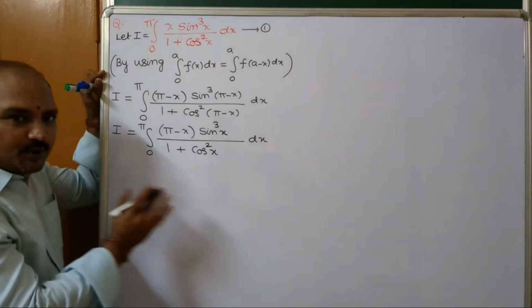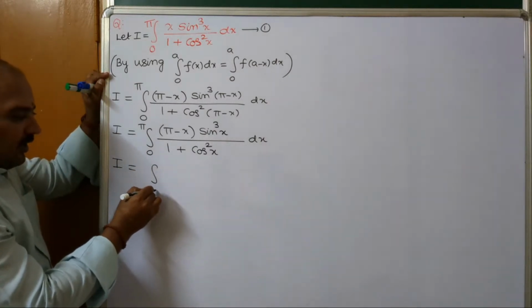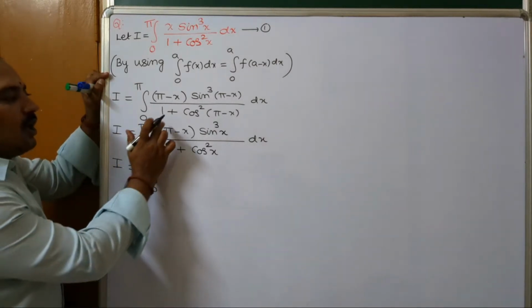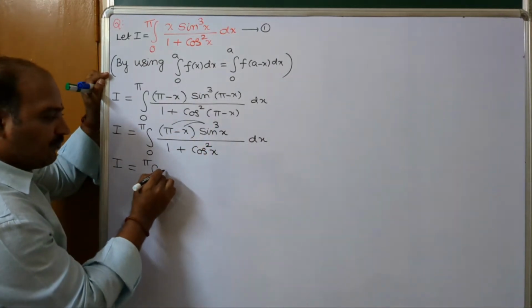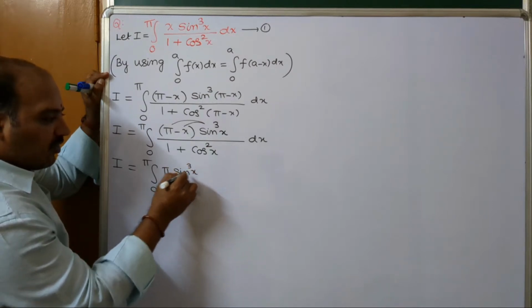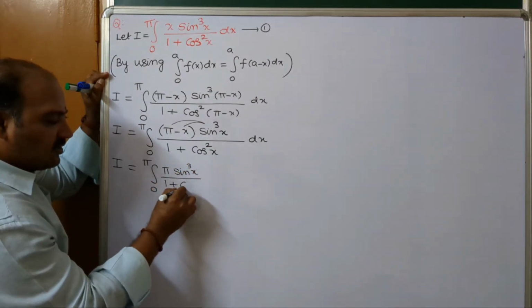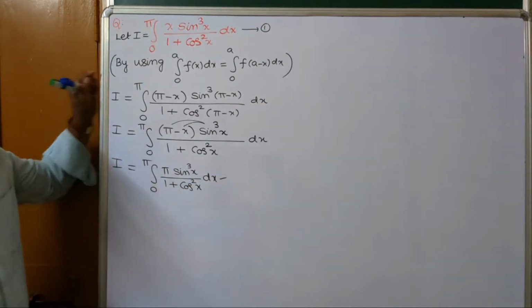Now split into 2 integrals. I equal to integral 0 to pi, pi into sine cube x divided by 1 plus cos square x dx, minus